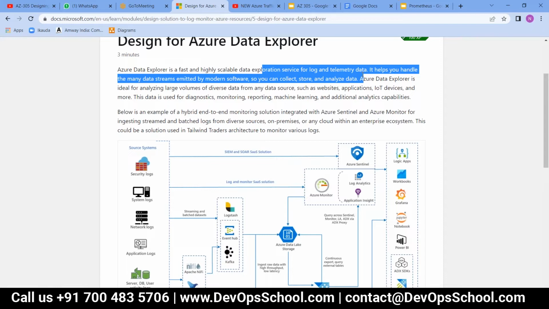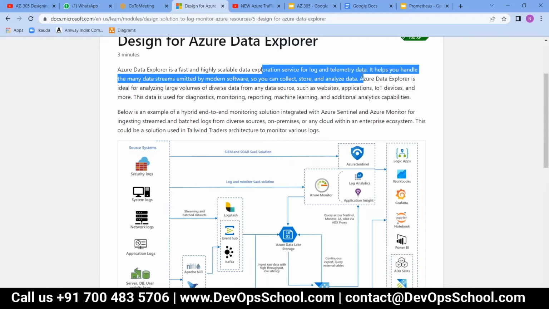That is one thing. And number two is, there are different data sources. It cannot be limited to one, because this is a global world. You are connected to the internet, so there is a huge number of sources from which logs come, and the size of the data in itself is so big that you need a solution